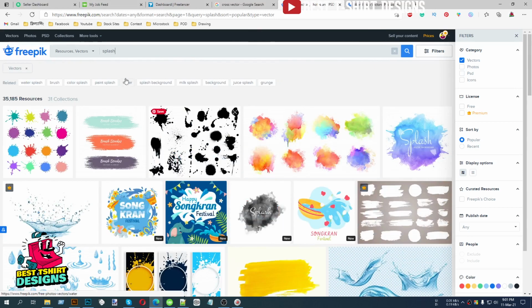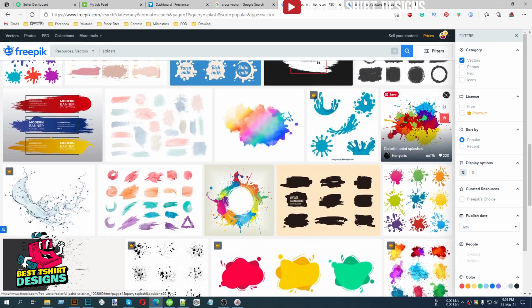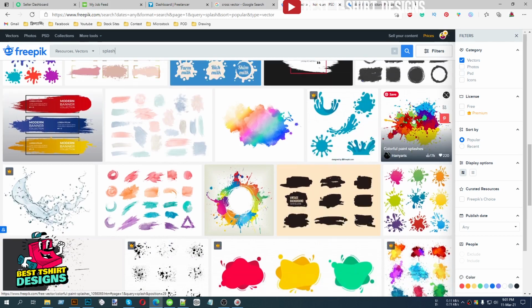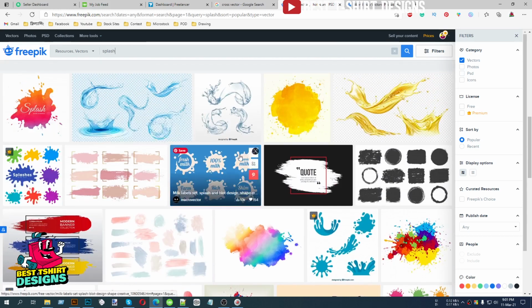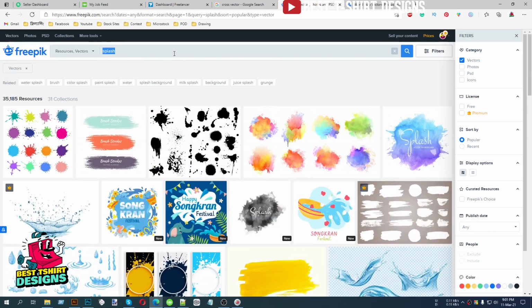As you can see, you can search for something like splash. You will find tons of color splashes like this. I'm using this one. This is premium, but you will also find lots of them for free. Here is one that is free, or you can search for something like